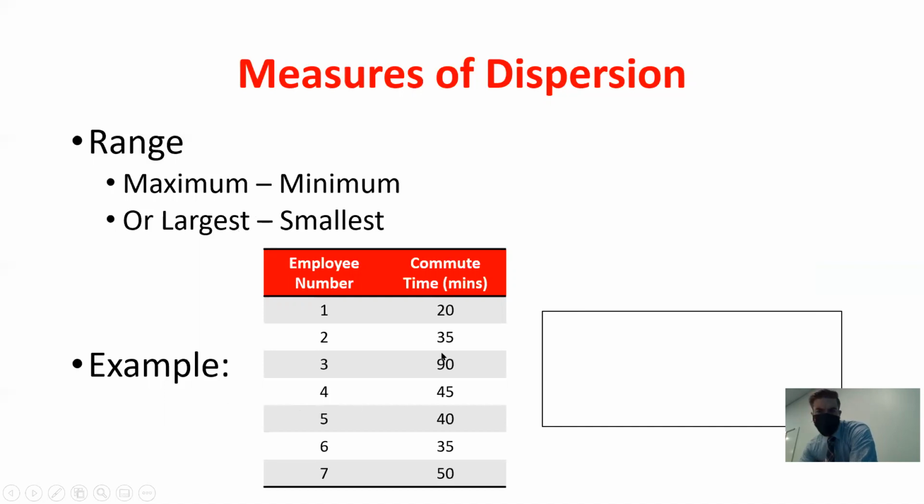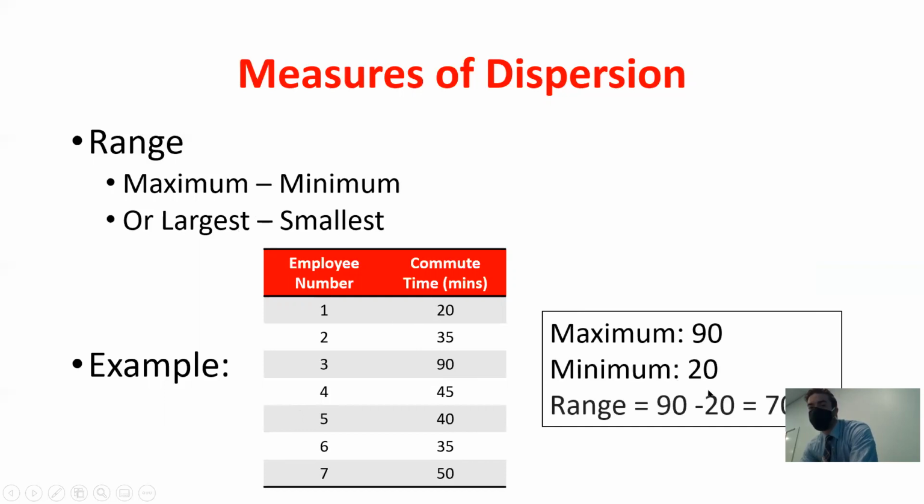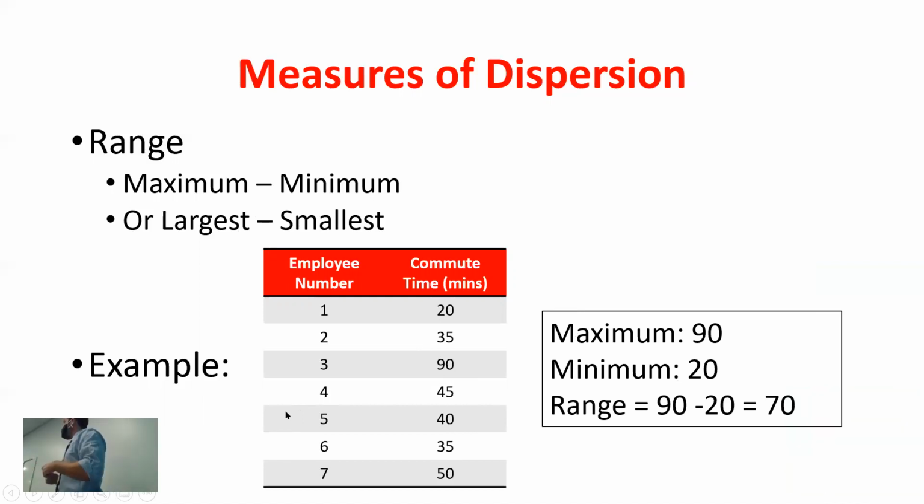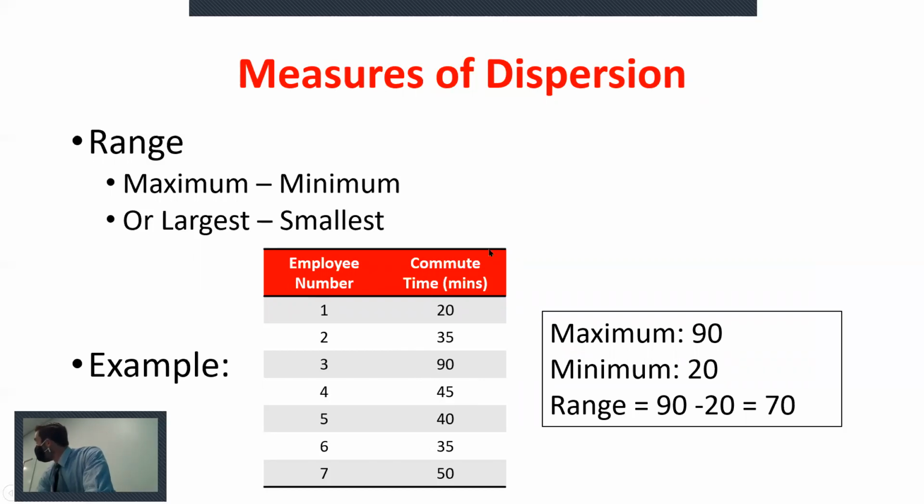So here it looks like we've got 90 is the maximum and 20 is the minimum. So all we do is 90 minus 20, which gives us that value of 70, okay? Now, you can kind of imagine if I had a data set that looked like this, but instead every single person's commute time was 20, except for the one person who had a 90-minute commute time, the range, so those